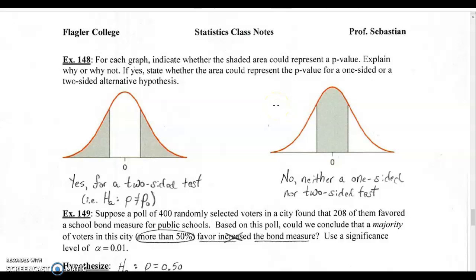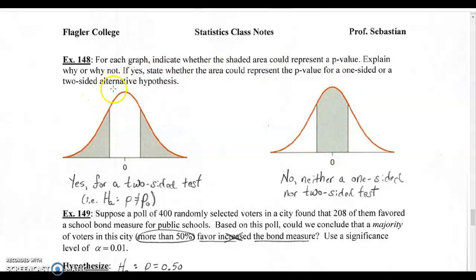We're now on page 126 in section 8.2, where we're talking about hypothesis testing, and we're still trying to hammer home this idea of a p-value at this point. So for each graph, indicate whether the shaded area could represent a p-value. Explain why or why not, and if yes, state whether the area could represent the p-value for a one-sided or